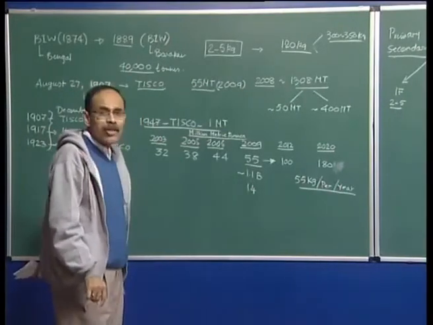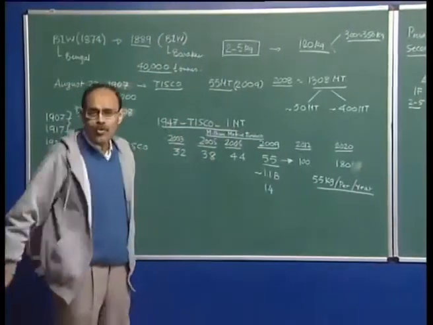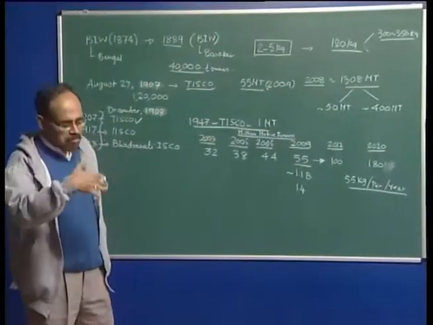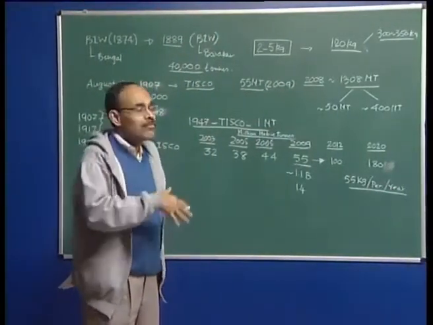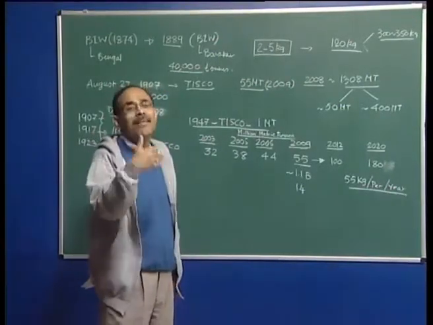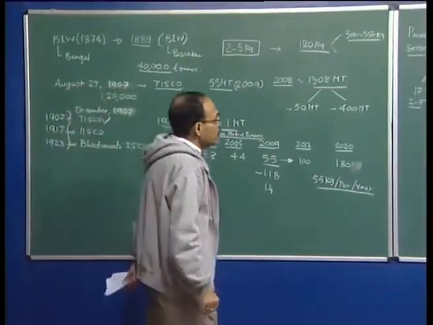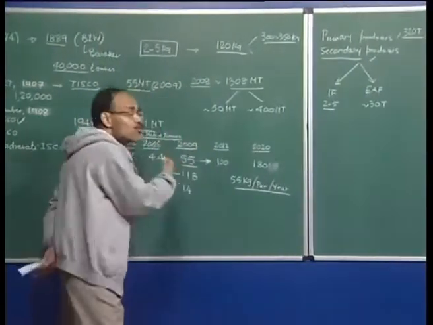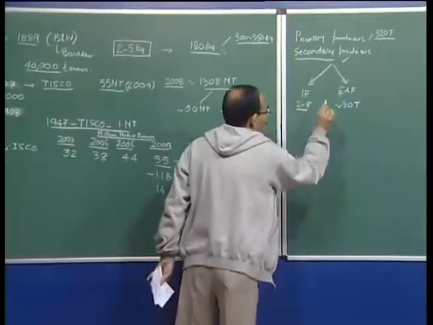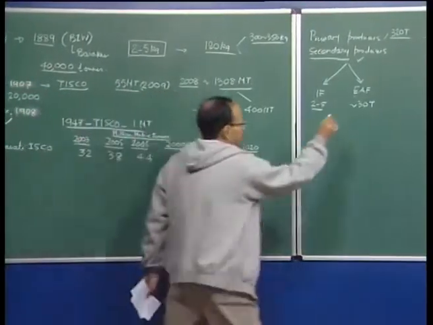cannot be solely scrap, because our steel consumption is also not too large, so the society is not going to generate too much scrap. You go to the US or Europe, and so much scrap is generated because people are using cars and every third year they buy a new car, so the old car becomes scrap. But in this country, because we consume less, we do not produce much scrap. So what are the basic materials from which the induction furnace and arc furnace produce steel? It is basically the DRI,